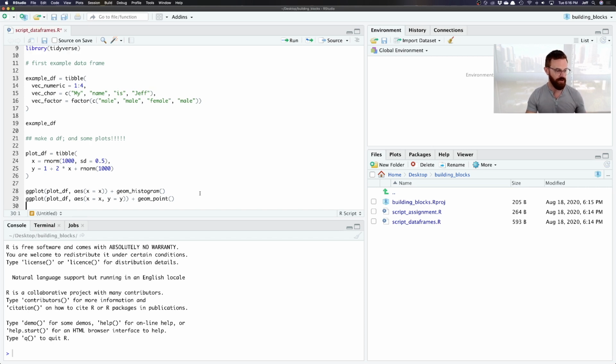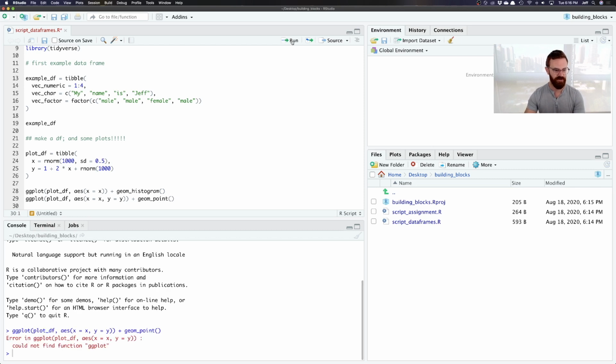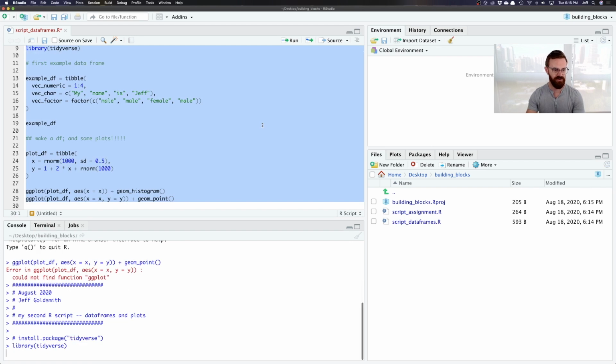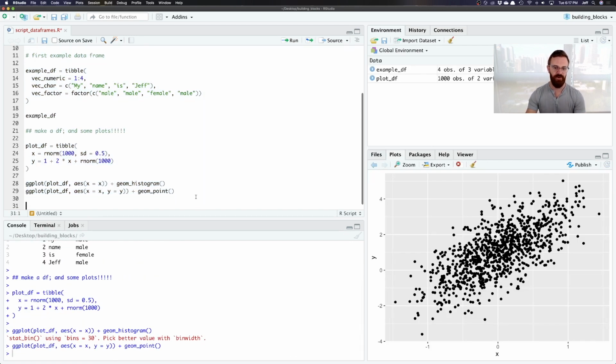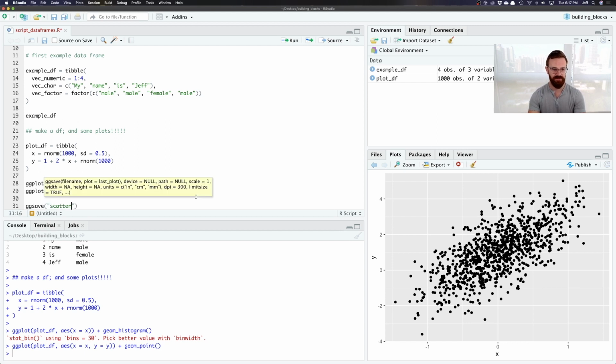And so I can do things that are a little bit handy here. So one thing that I might want to do is, let me rerun all of this code. Here I'm going to run everything. Nope. I'm going to highlight everything and just press enter to run it. One thing that I might want to do is actually save that plot, right? If I'm thinking of the code as producing a plot, as producing some deliverable, this is the plot maybe that I want to produce. And so I'm going to save this using a function called ggsave, and I'm going to call this my scatterplot.pdf